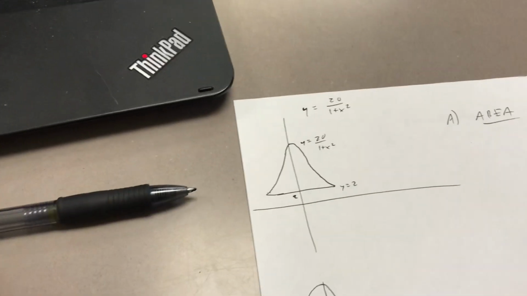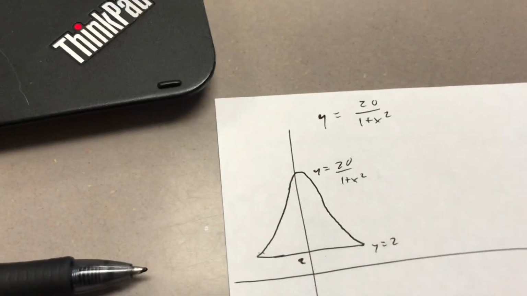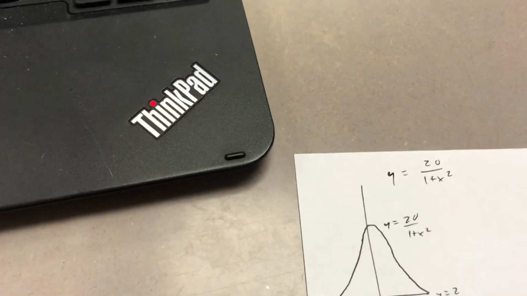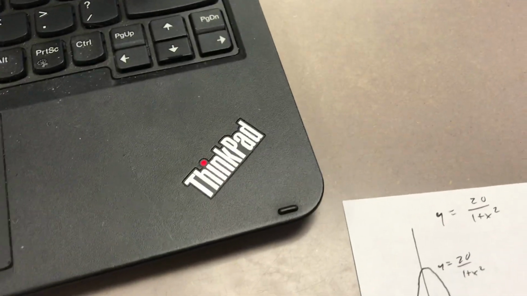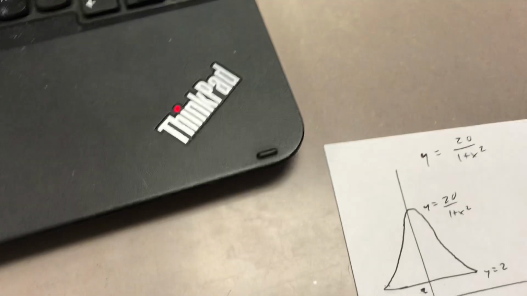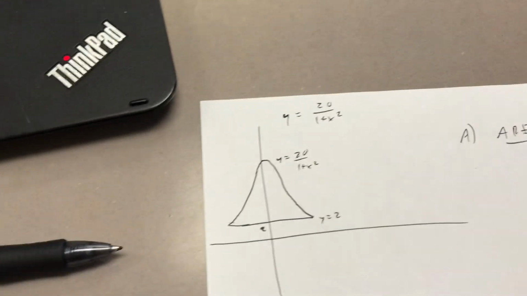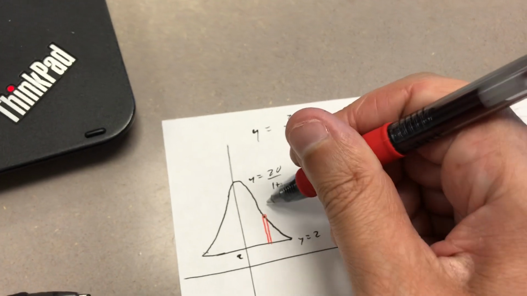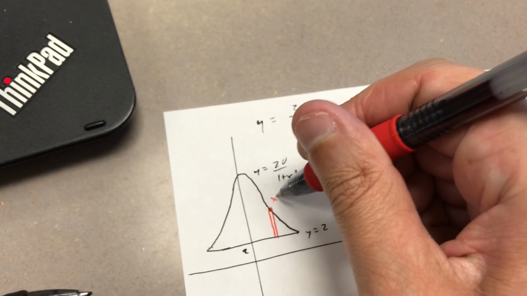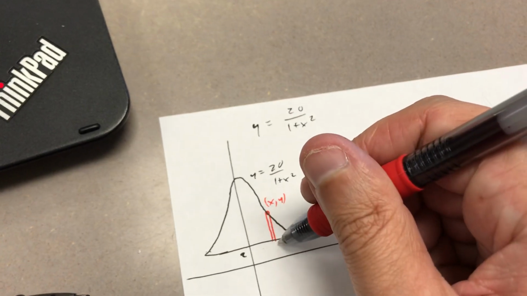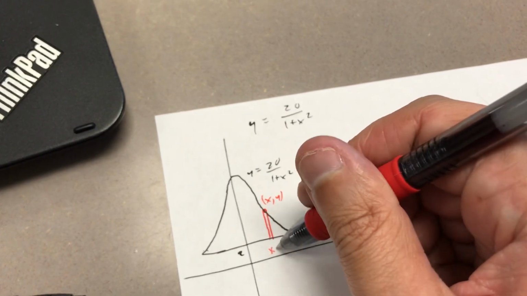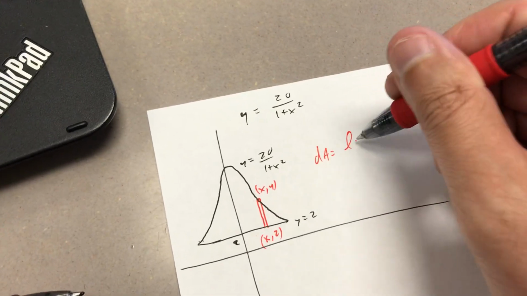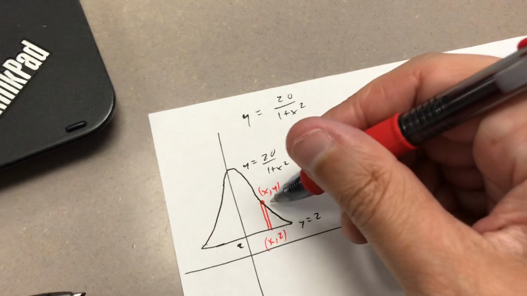I've made a sketch of this. The function kind of goes up like that, goes down. Remember when you find an area, you're really finding areas of rectangles. And so you're really just coming in here and saying, I can put a rectangle in here. You need a point that links to your function, like x comma y. And then down here, you know the y coordinate is 2. So your dA statement, to find the area of one of those rectangles, it's the length times the width,